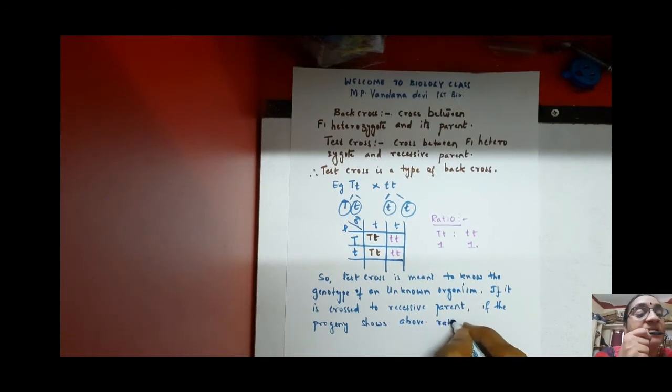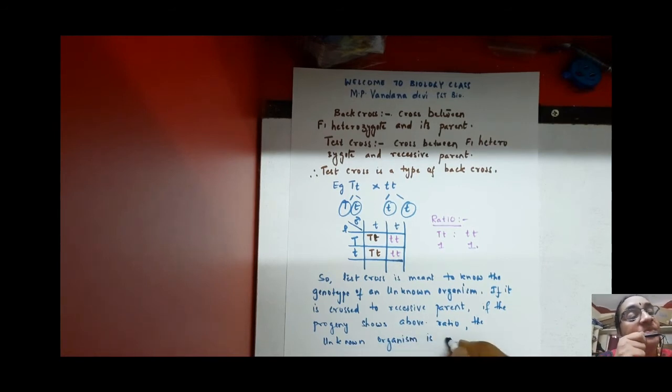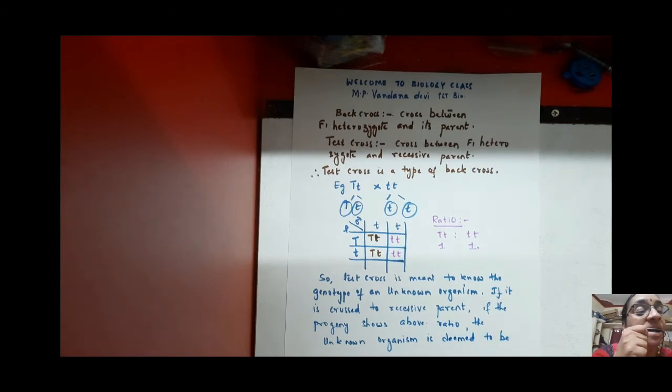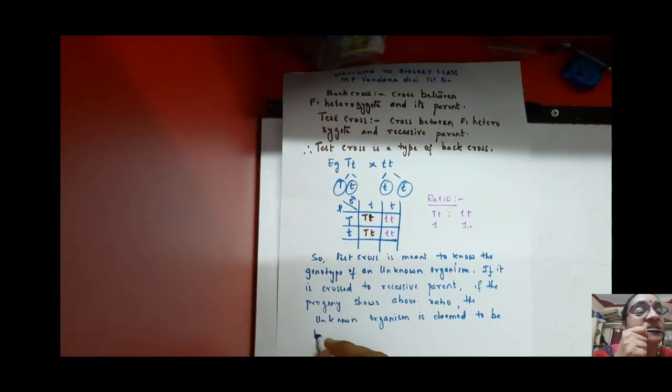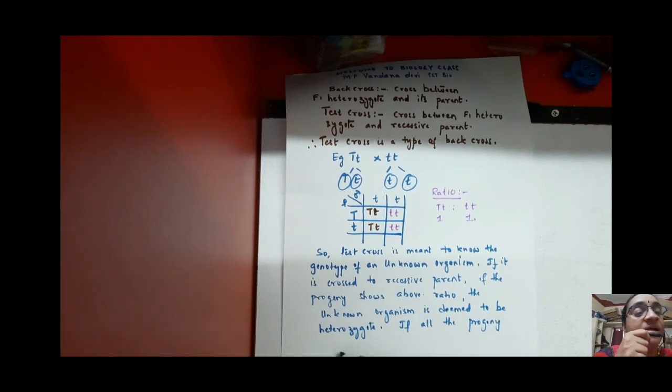Whereas if the cross is made with the dominant parent, pure dominant, that is pure tall, here you replace the small t with capital T, then you will not get any information, because all progeny will be tall, so you will not know the segregation either. So you will not be able to understand the unknown organism's genotype if you cross it with its dominant parent. Getting my point? So you can just repeat this kind of cross with capital Y small y crossed to small y small y.